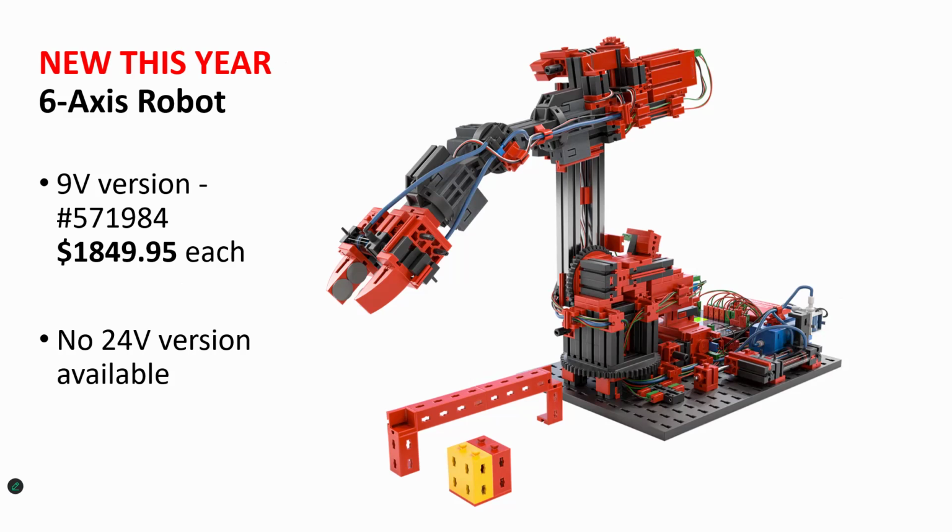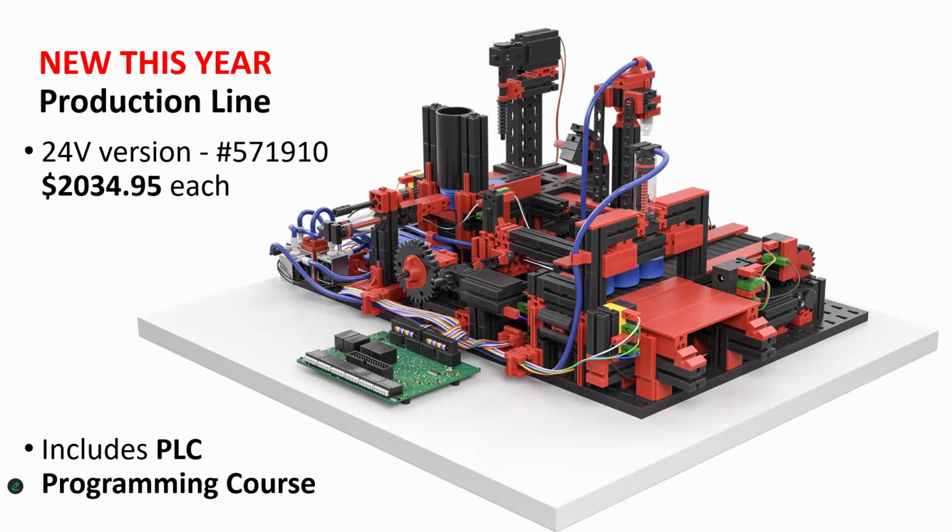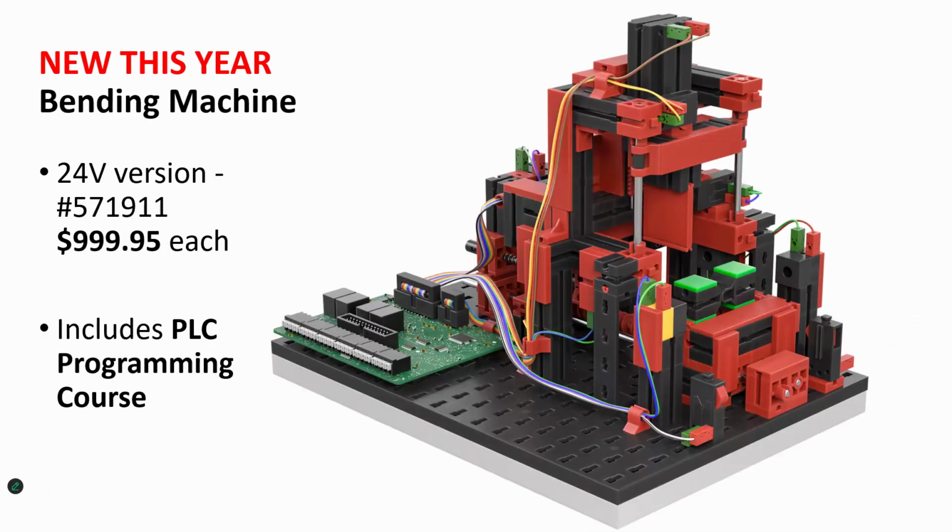There are a couple new 24-volt models that just came out. There's the production line, which is a cool little model over here. It has a 24-volt version. It is $2,034.95. Again, you provide your programming and what have you, but the nice thing about this one is it includes a PLC programming course. So you provide your own PLC, you provide your programming, but you have a PLC programming course that comes with this one, and also with another new model, the bending machine. Again, PLC programming course. The cost for this is